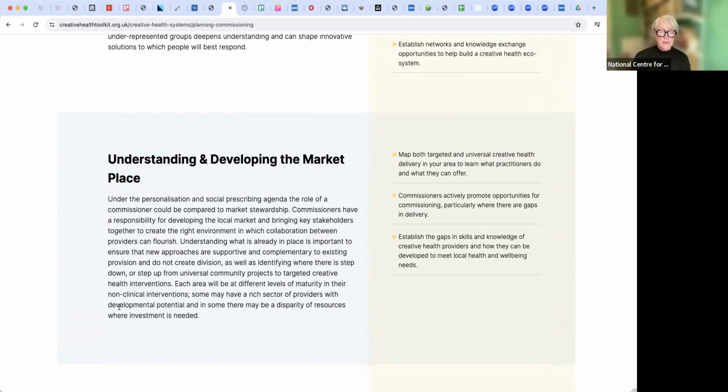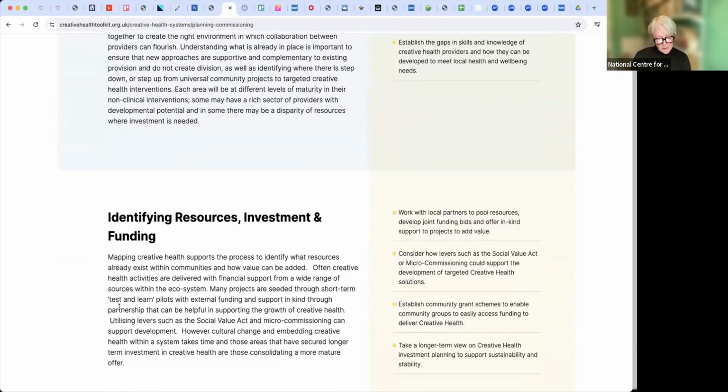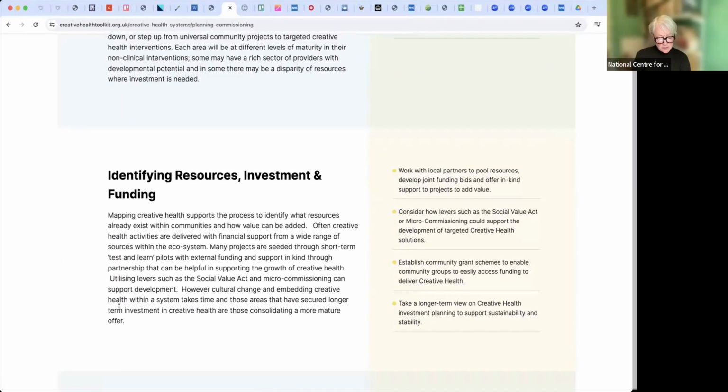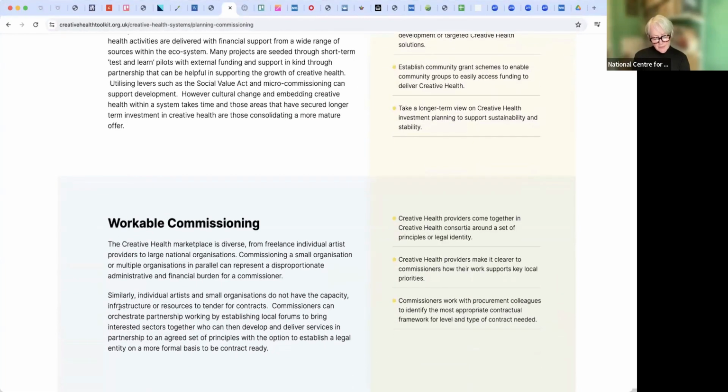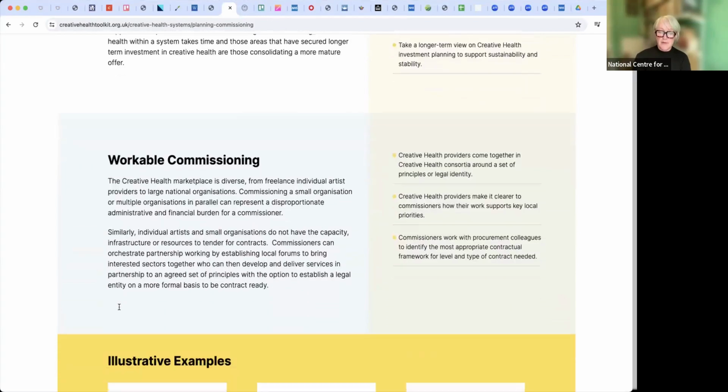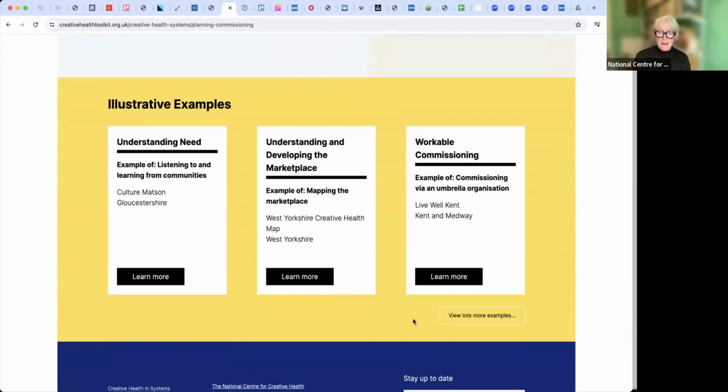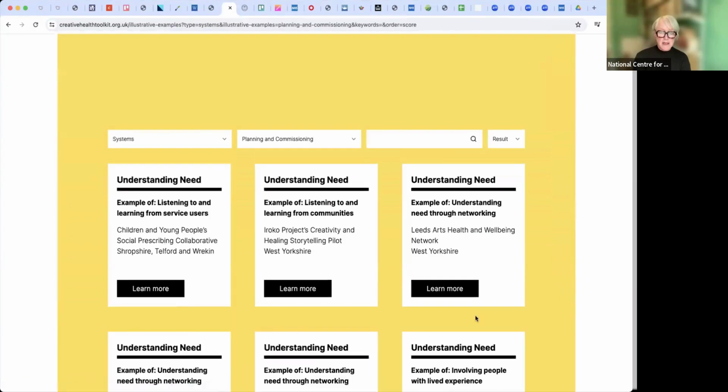There is an emphasis on pooling resources, on community grants and joint funding bids, but also where commissioning is possible, providers can come together in consortia or alliances so they are able to articulate how their work meets health priorities, and commissioners are able to adapt and respond to the needs of those providers in terms of type and scale of contracts. So looking at the illustrative examples in this section,